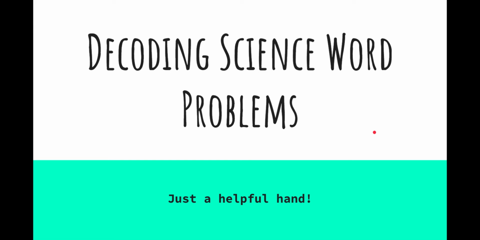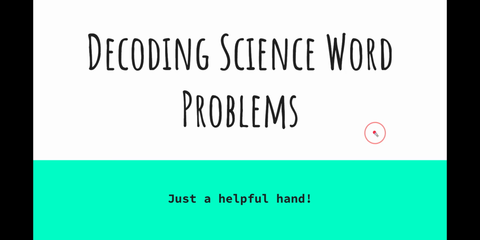Everybody, just a quick screencast talking about how to decode science word problems. The word problems that we're going to run into in physics most often are going to be formula-based. In chemistry, it's a mixture of formula-based and dimensional analysis problems. Generally speaking, though, the tools and skills that you need to solve these problems are going to be the same. This video will focus specifically on formula-based problem solving, but the steps that we go through are going to be